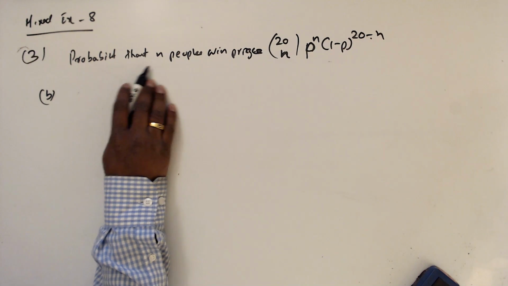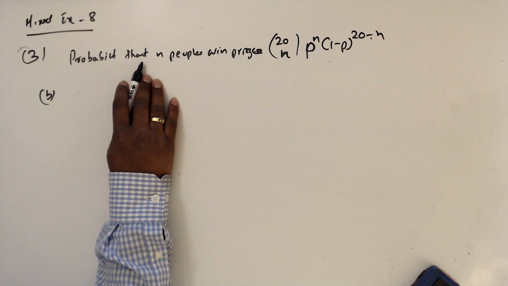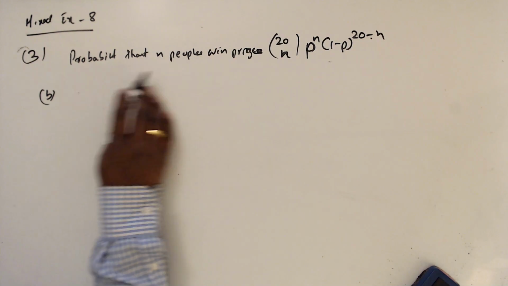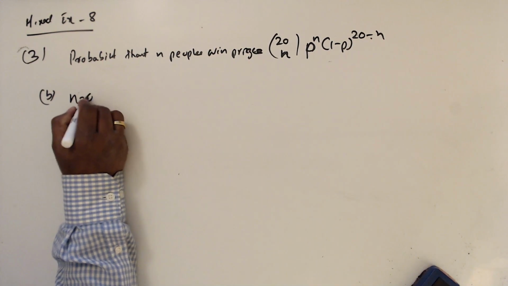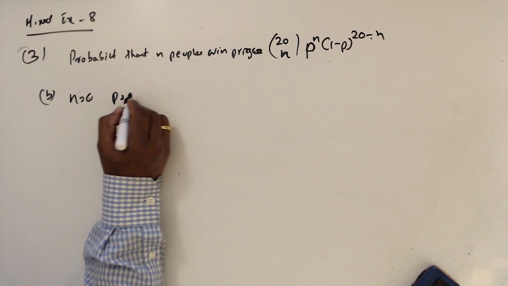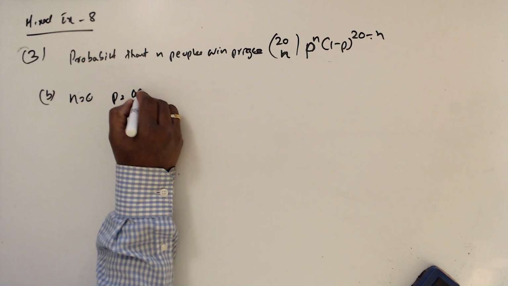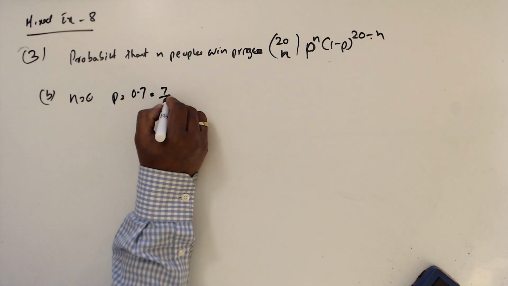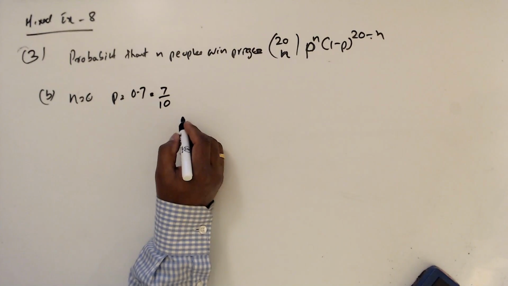Part B, probability that n people winning. Now nobody is winning means n equals 0. p equals 0.7, I will write this as 7 over 10. Then